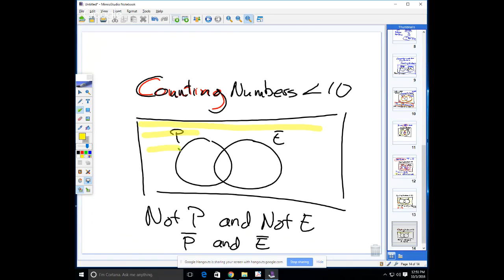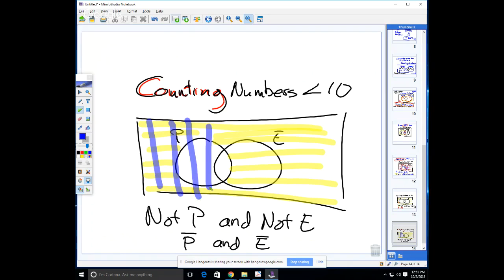Not P would be everything outside of P's circle, right? Which is all that stuff is not P, true? And then I want to do not E. So let's pick, how about blue for not E? So not E would be everything outside